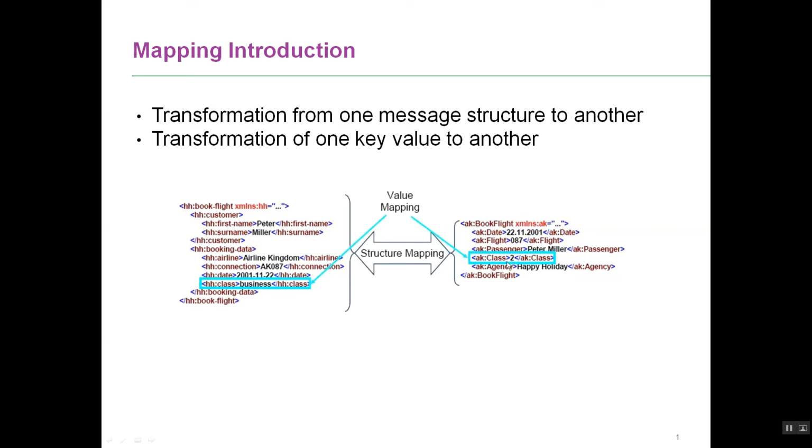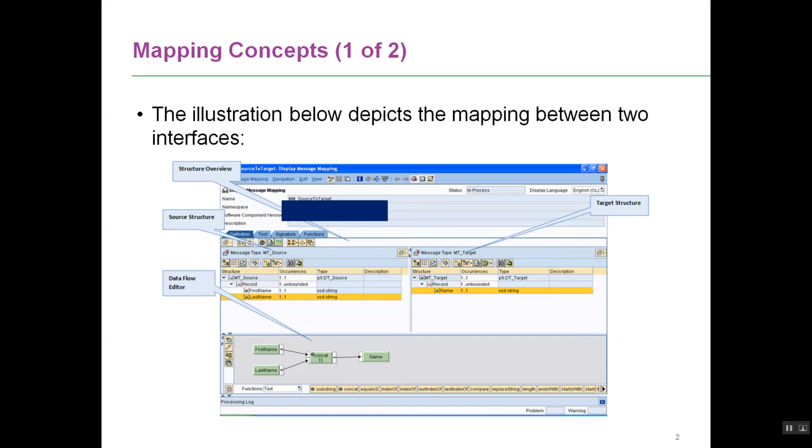What does this mean? You know, typically an airline can have business class, economy class, premium economy class, first class, and so on, right? So it could be meaning one thing here, whereas here the class is maintained as 1, 2, 3, 4. 1 could be economy, 2 could be business, 3 could be premium economy, and so on. So that kind of mapping where you're also changing the value from one format to the other format is called value mapping.